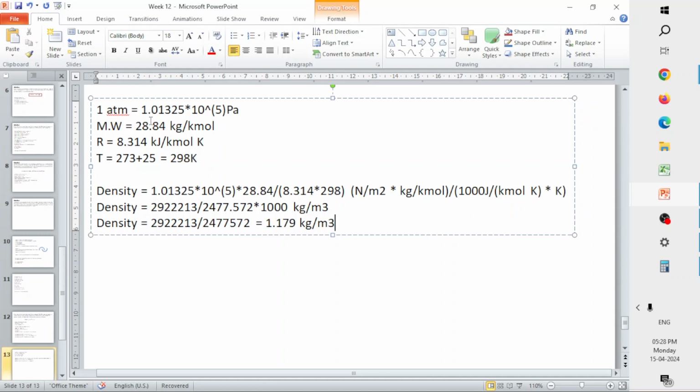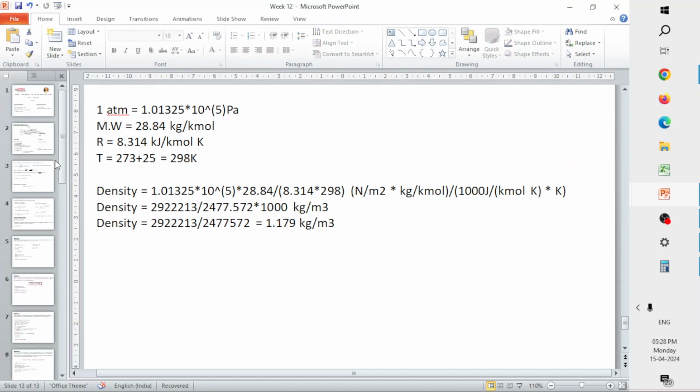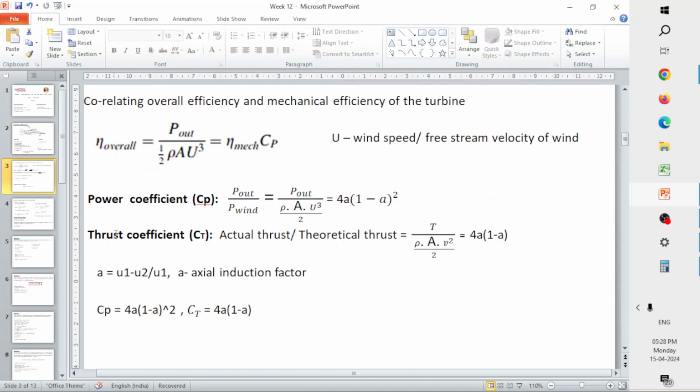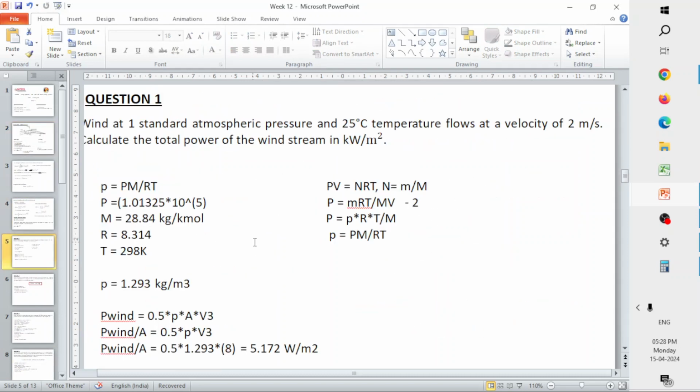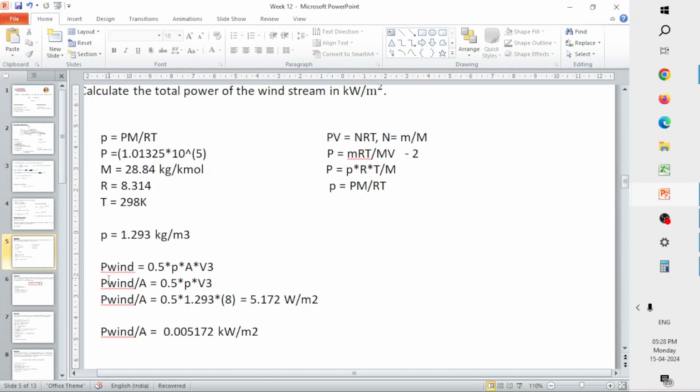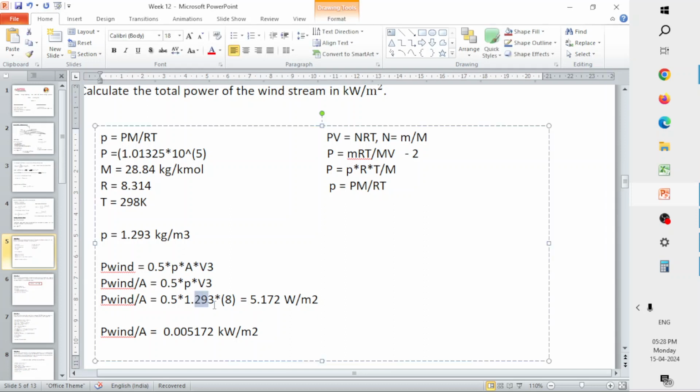So that's the reason I told you, when you solve a problem, it's always better to solve the units part side by side along with the numerical part. So once you have calculated the density, if you go back to this question, then it's just about multiplying. The available power in the wind is nothing but half rho A v cube. Now we have calculated the value of rho as 1.179,